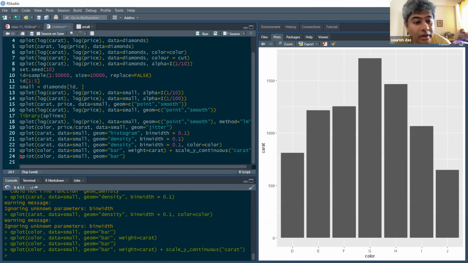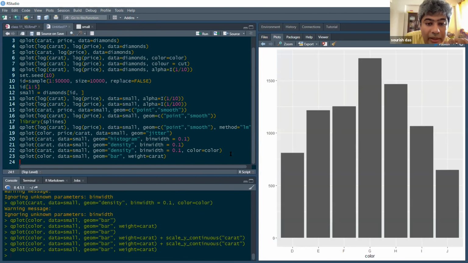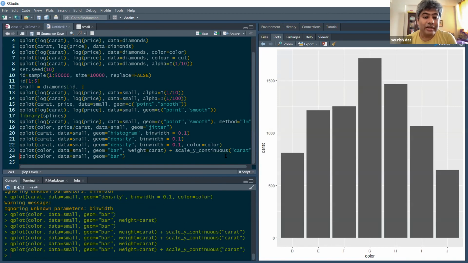Do you see any change? No, sir, no change. Other than that, it's written carat on the y-axis. So basically on the y-axis you want to put the carat. Instead of carat, you can say number of points, or frequency, if you want to write on the y-axis. I think that is what it's doing.